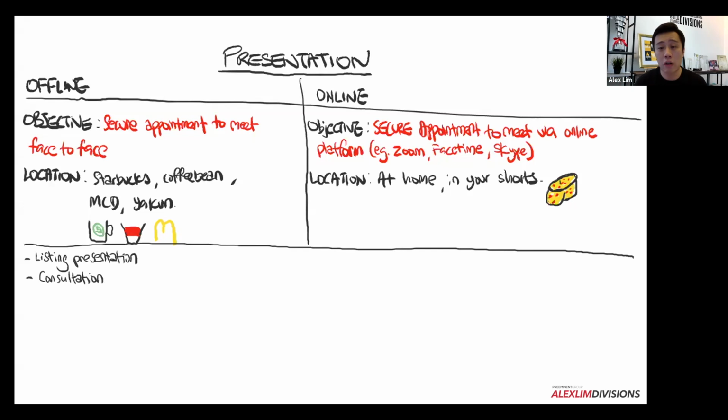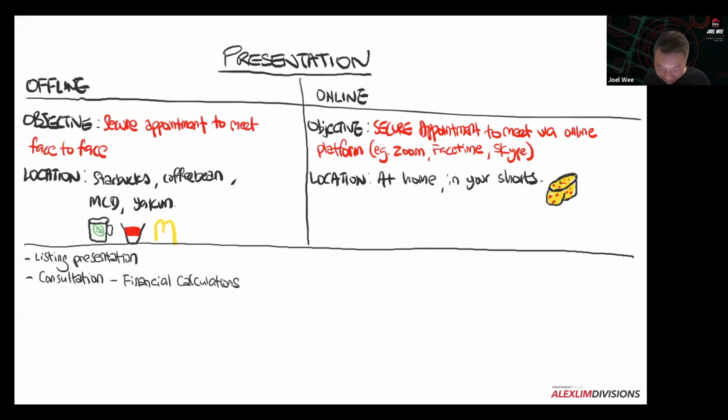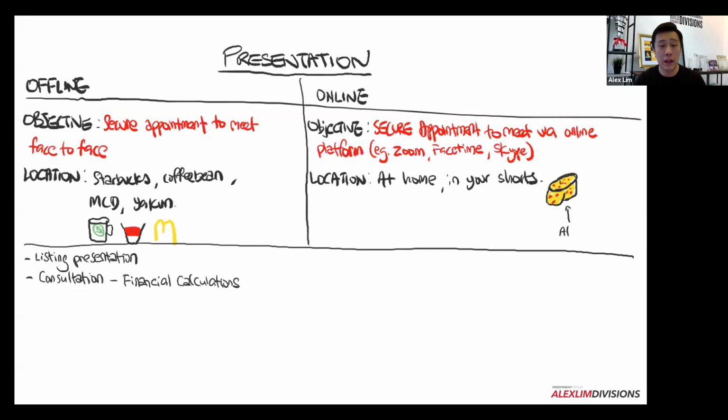First, financial calculations. Learn how to do financial calculations on Zoom, like what Joel is doing, writing with a pen on a whiteboard and using some colors. I don't say pen already lah. I bought my pen and cannot use my iPad. Wasted money. Right? Okay, so these are certain skills that you probably have to get used to. So financial calculations can be done online.